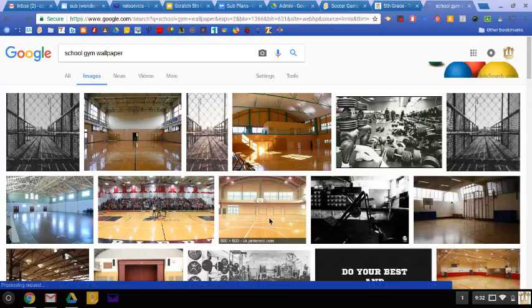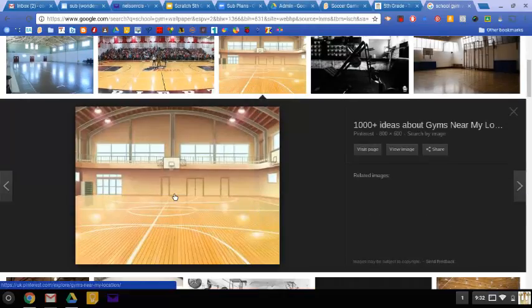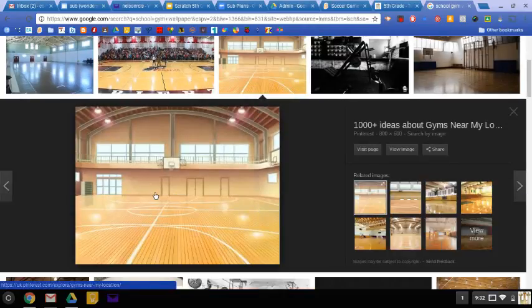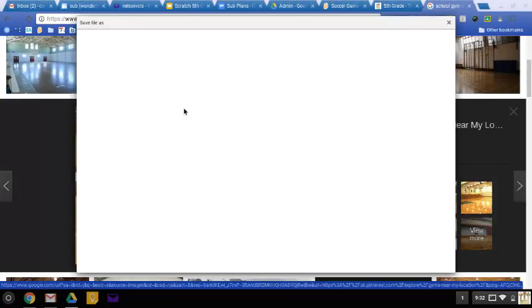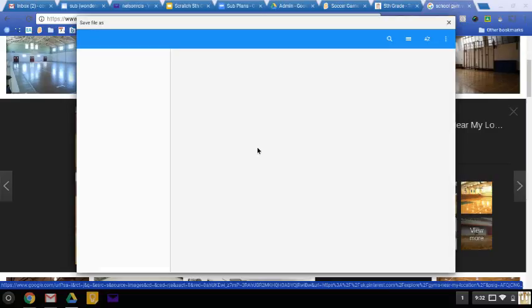If you do find one and search for an image like that you really like, then tap on it, wait for it to come up. And this is one where you two finger tap and you have to save the image as. So here on my Chromebook, hopefully you'll be able to see this. When you save it,